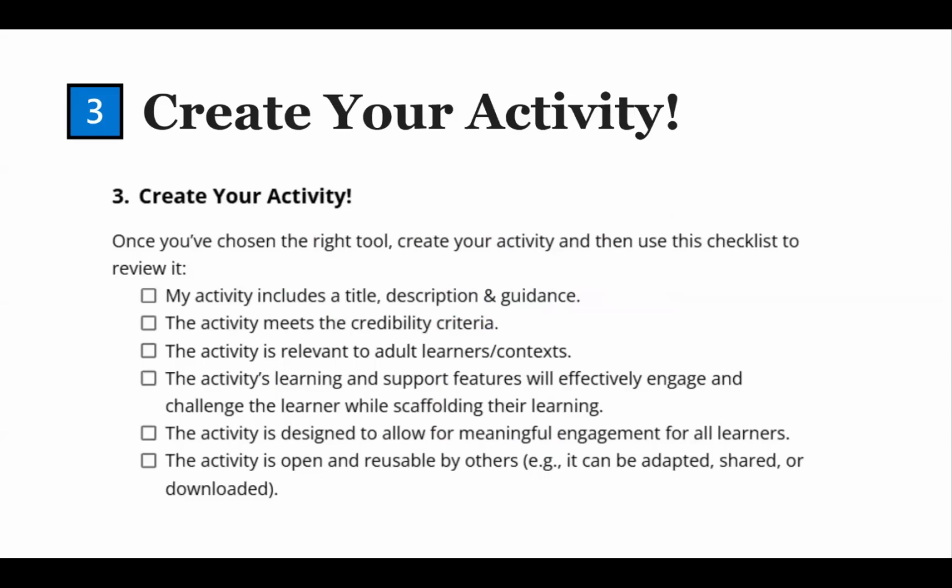So there's a checklist for you to think through, have you done all of the steps related to making sure that it's credible, that your activity has a title, that it's relevant to the adult learner context, which may be one of the main things that you're doing with your generative AI tool, to make sure that it actually is relevant for learners, taking something that exists in another form and making it more adult ed friendly and relevant. That it's scaffolded and supports learners and provides for meaningful engagement, and ideally that it's open and reusable,